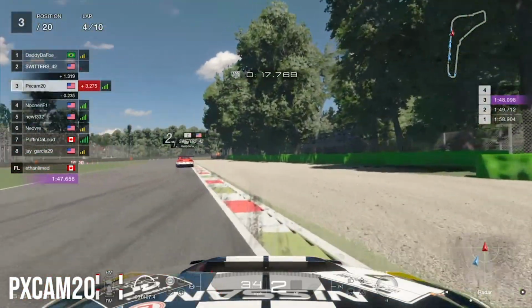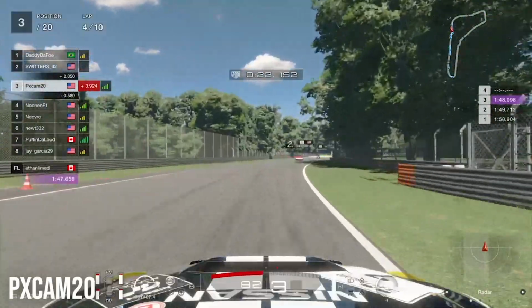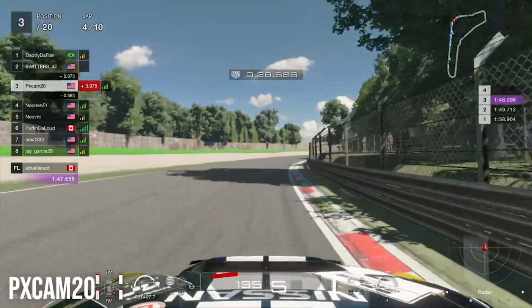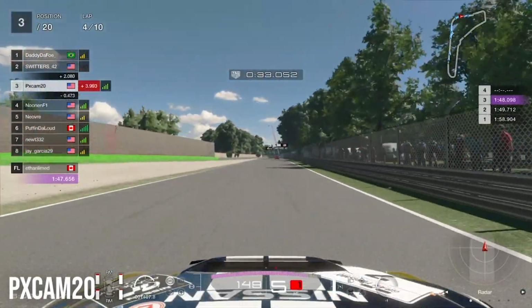He makes contact with us as we head into the second part of the chicane. But we're able to make the overtake, and now we are jumped up onto the podium. But unfortunately, because of that mistake from him and him bumping us wide, we lose time on 2nd place. So we're not in the slipstream of 2nd place as we come down to Curva Grande, leading us into the